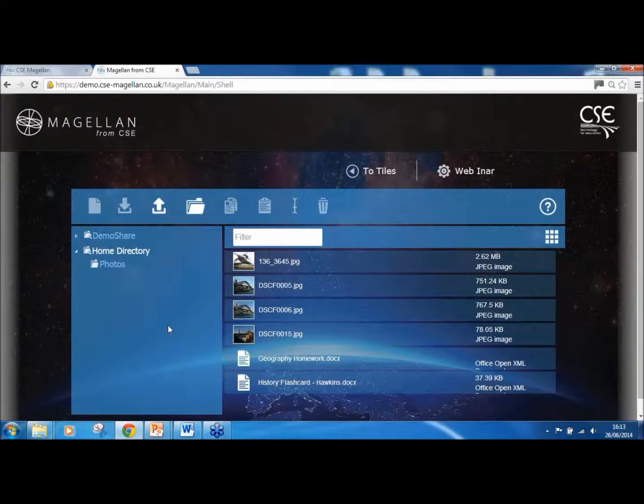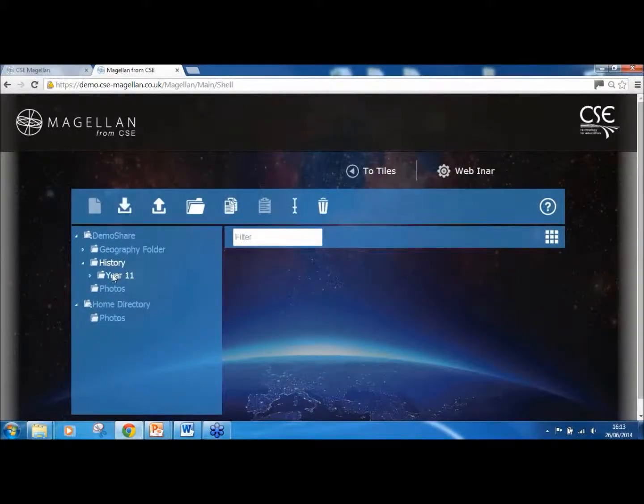And if you remember in the example area earlier, we talked about the users creating a flashcard. So the 3rd way that you can use the system that I'm going to talk about is as a homework admin system. So in our shared area called Demo Share, yours would be your staff or students share on your school network, I've created a folder for history with a particular year group, and in that year group I've put a homework folder. So what the student could do is they navigate to this area from their device, and then they can hit the upload button,